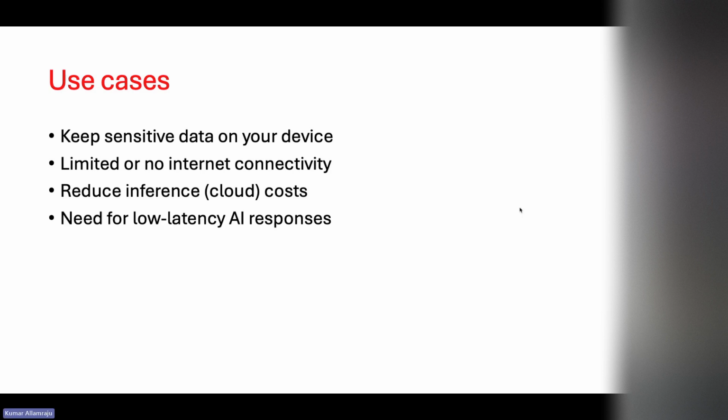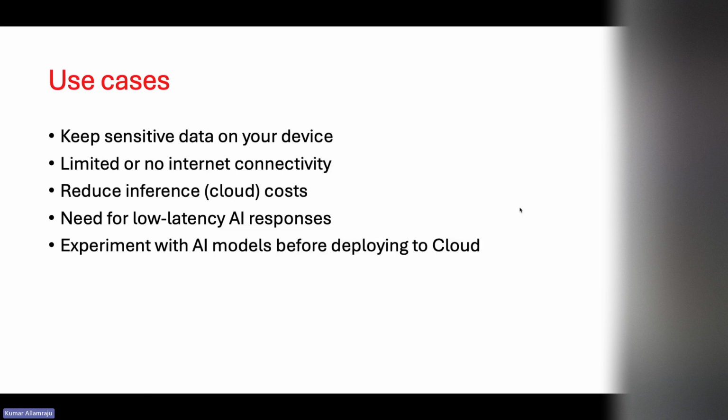And one of the other selling points with the edge is obviously that you can't afford even milliseconds or microseconds of latency. Although we are talking about AI, it could be anything. For those reasons, you want low latency for graphical applications and whatnot. So these are some of the use cases that I think of, but there are more. The list is huge. But these are some of the things where Foundry Local comes in handy